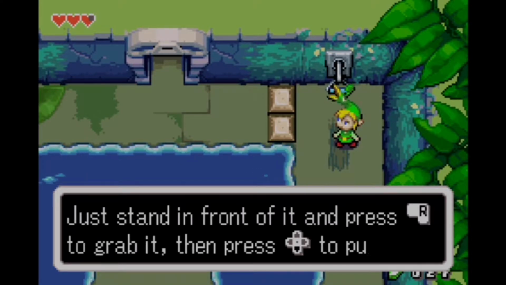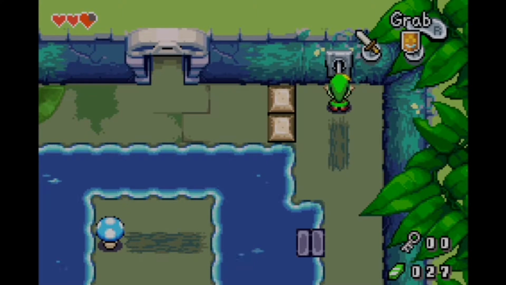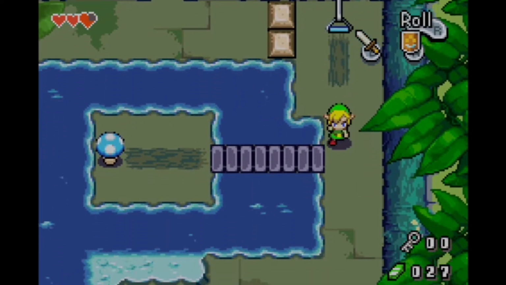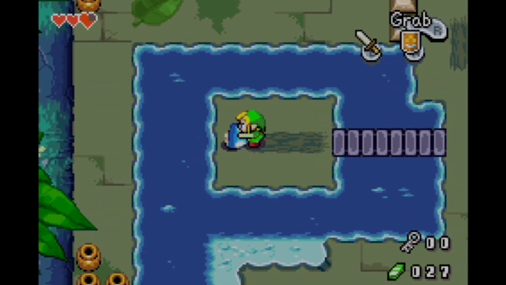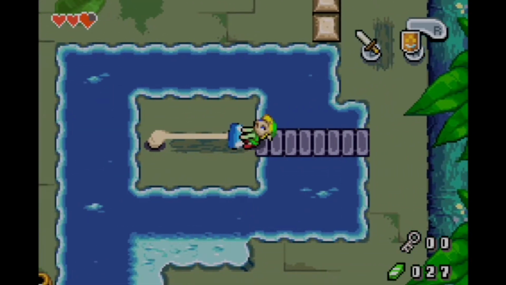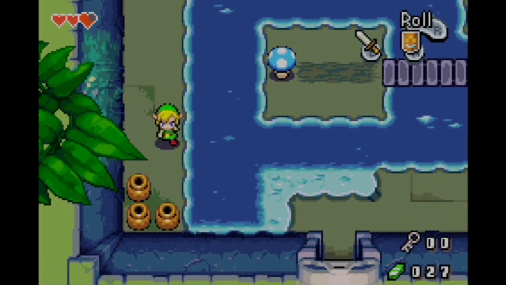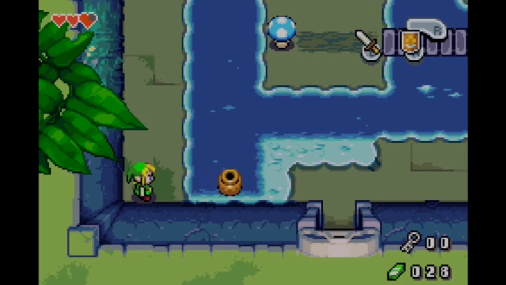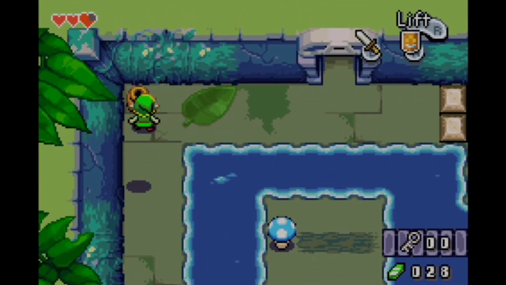Now, this is not a bad opening dungeon at all, but one thing that does kind of aggravate me is the directions that Ezlo keeps giving you. You get that in every Zelda game, it just starts off a little slow, and before we even got into this dungeon, Ezlo was giving us 20,000 directions. It kind of does hold your hand for the first, maybe his whole part, to be honest with you. I know it's quite a while, but...